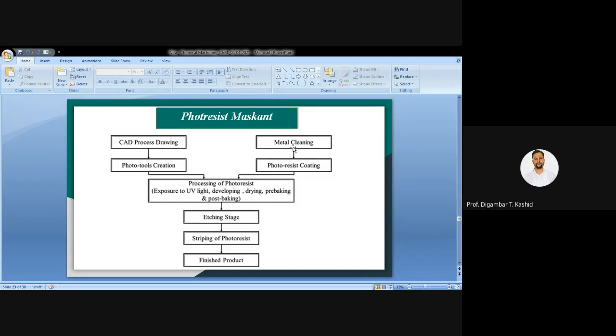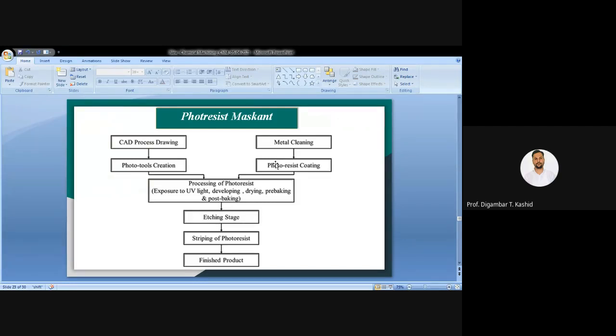Now simultaneously you have to take that CAD drawing on the phototool, that photo master film, okay. Then you have to place together your workpiece, on which the photoresist coating will be there, and on that your photo master film will be there, okay.